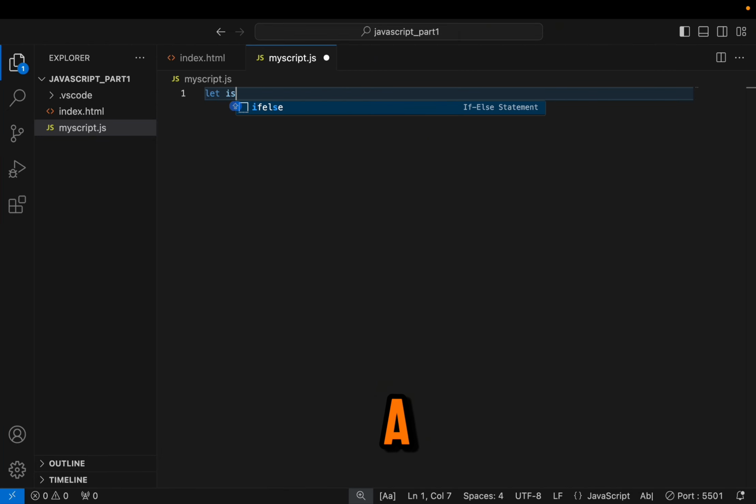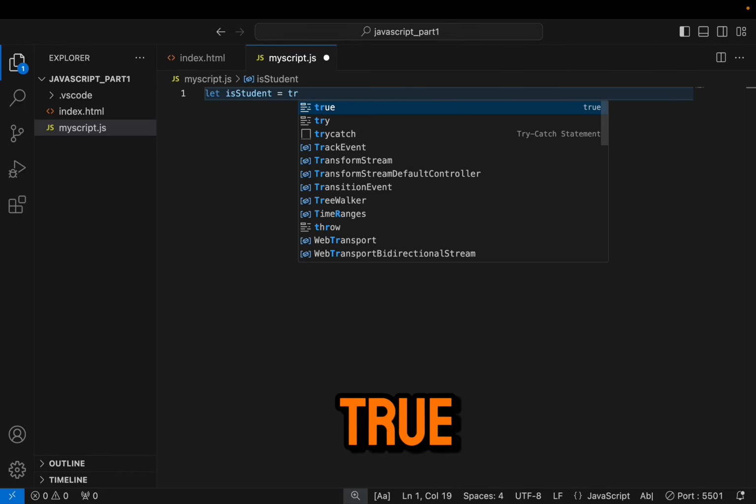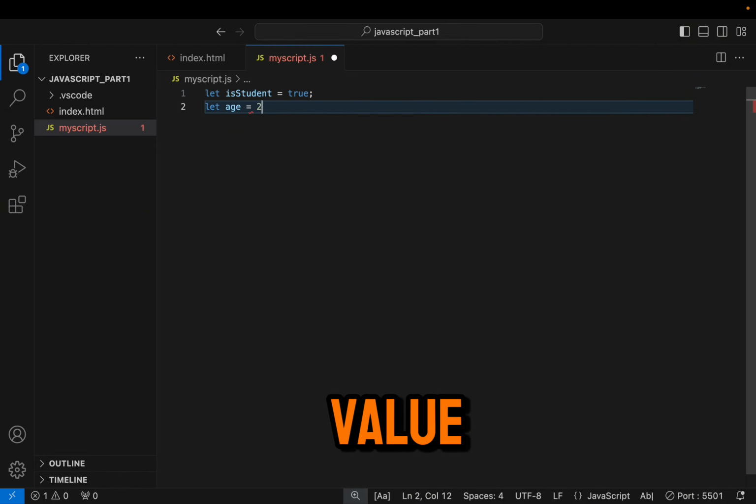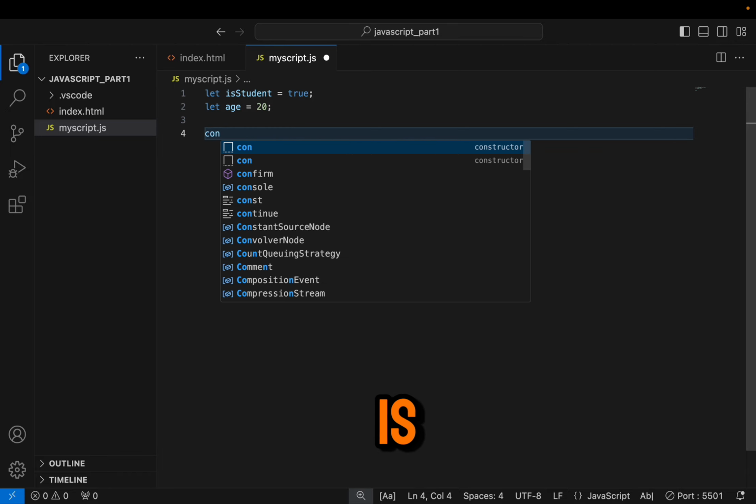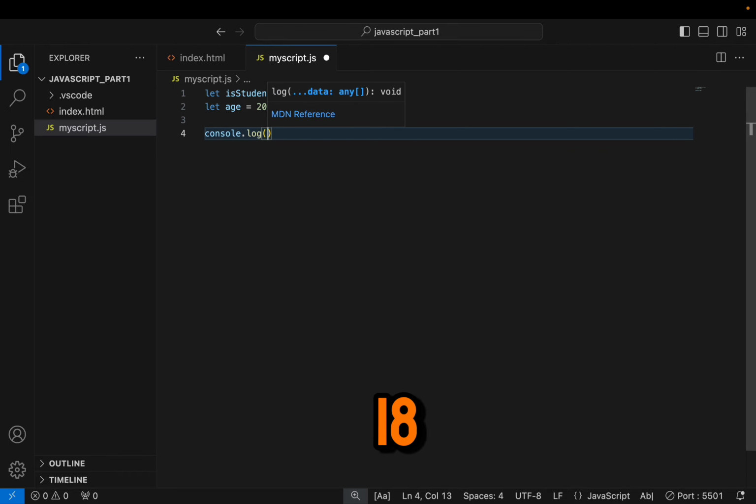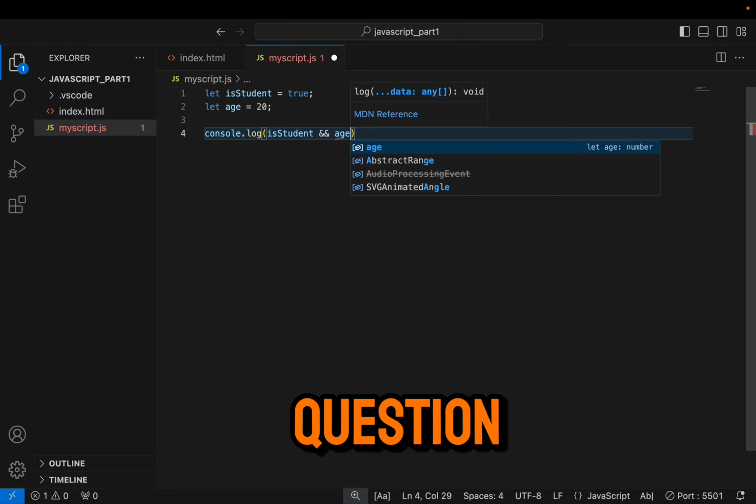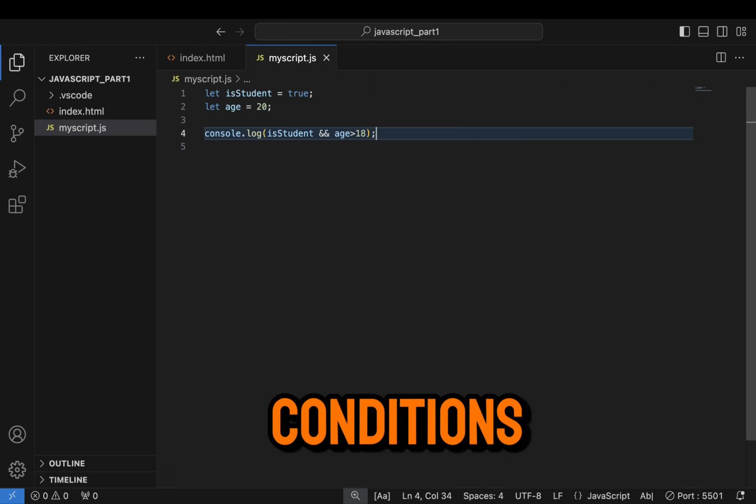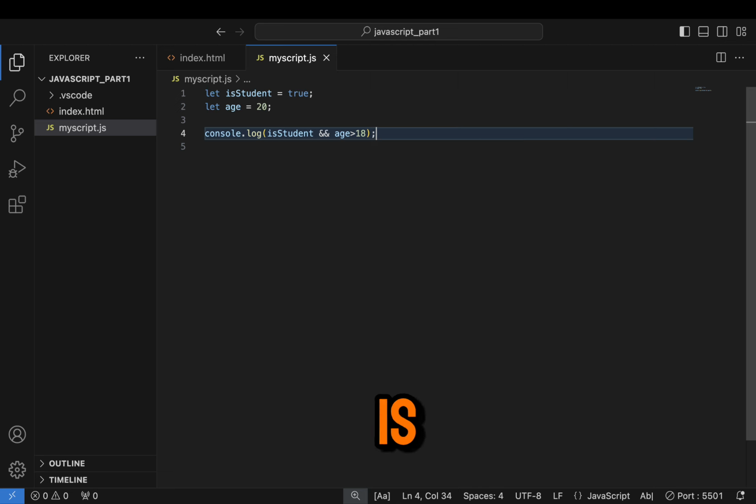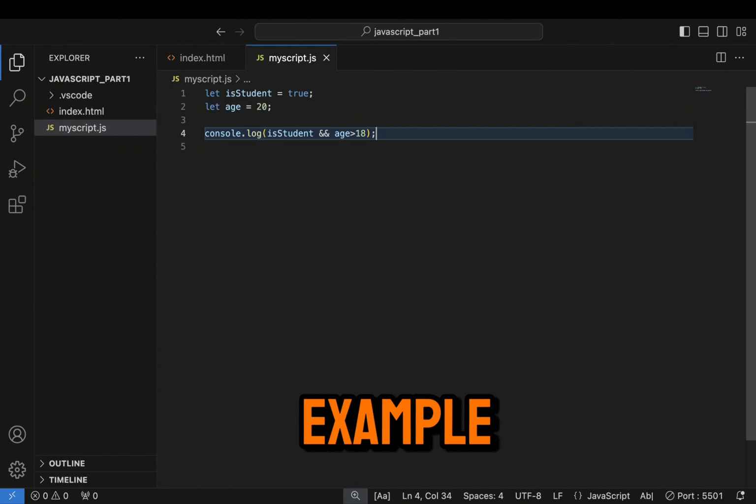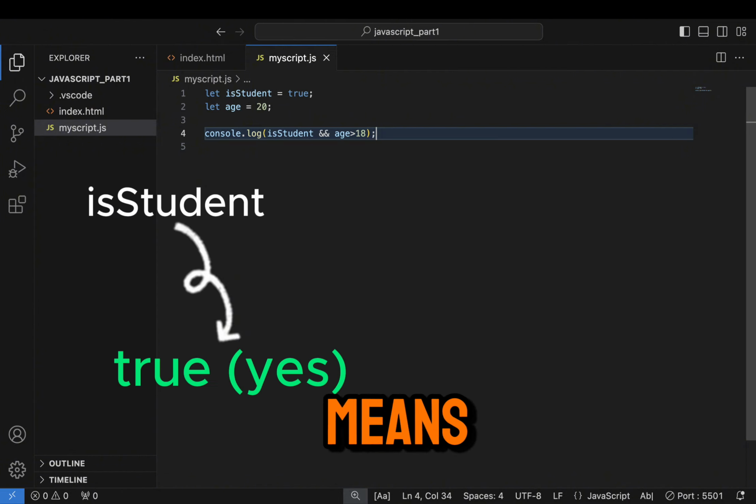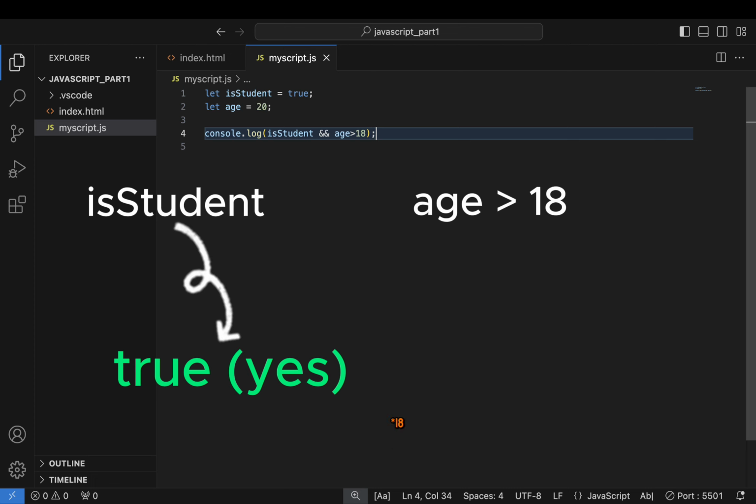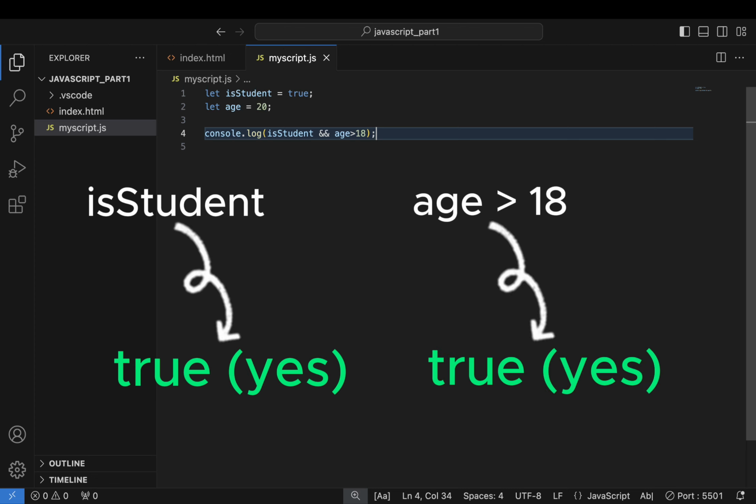Let's declare a variable named student and assign it a true value, and an age variable with the value 20. Now print student AND age greater than 18. You can think of it like a question with a yes or no answer. Yes is equivalent to true and no is equivalent to false. If both conditions have the answer yes, the result is true. But if one of them is no, the result will be false. In our example, student is true, which means yes, and age is greater than 18, which is also yes. So yes and yes